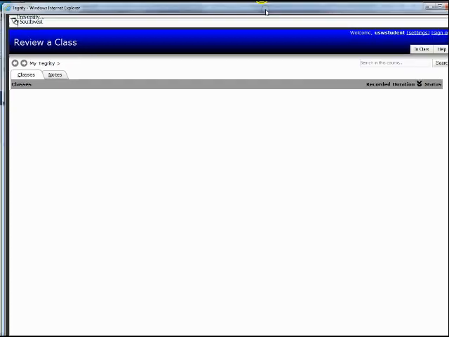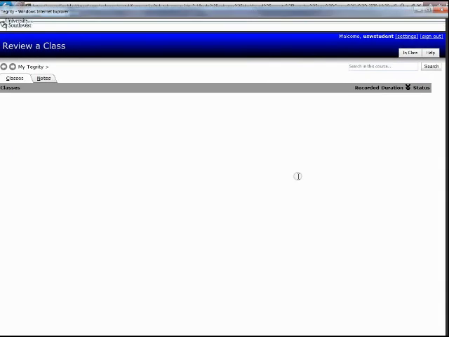Just a note about Tegrity while I have your attention here on this orientation. You can view your Tegrity recordings on mobile app devices such as your iPhone and your smartphones, your Androids. To get that information and to be able to connect to it, you would come up to Settings